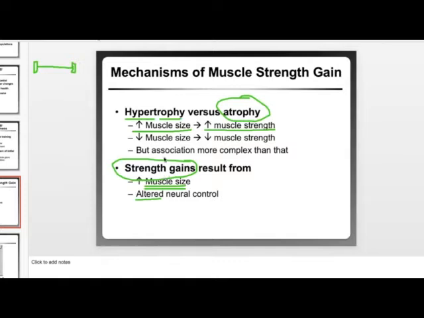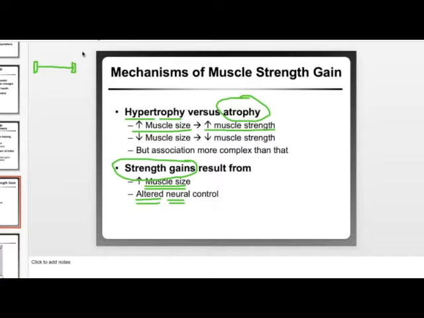In that case, some of those strength gains happened because of an altered neurological something or other that I'm doing. And when I motivate Cassie, they can't really understand exactly what's happening, but something in her brain is making it so that she has increased strength ability. So all that's saying is some of this increase in muscle strength is not solely due to increase in muscle size. Some of it could be more neurologically driven.